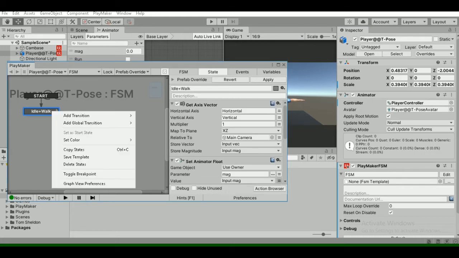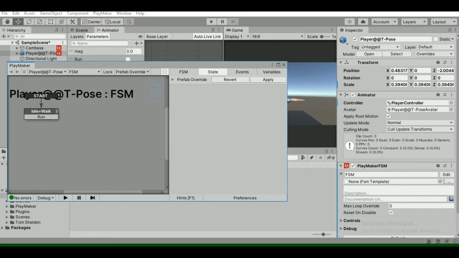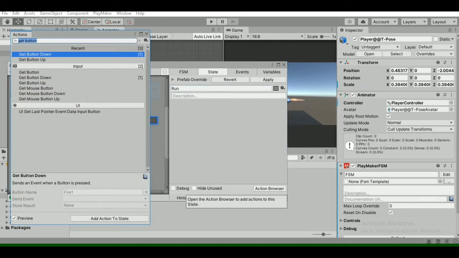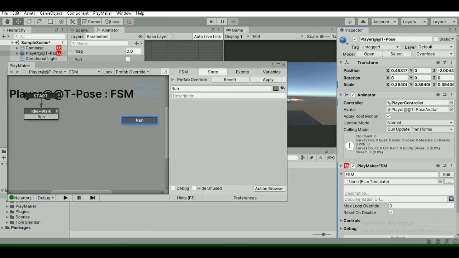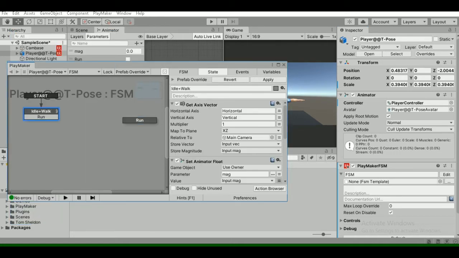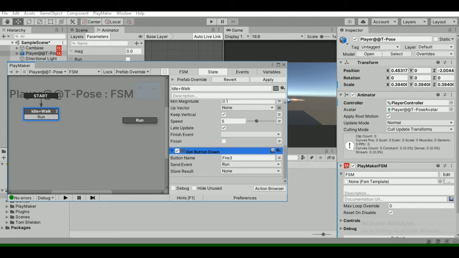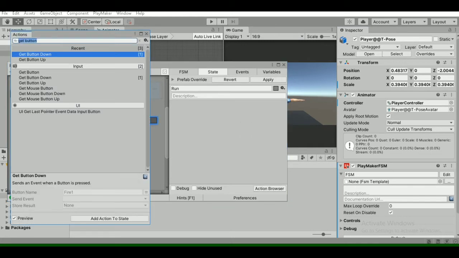and just come here and add a transition here. So now add a new state called run. Add a new action called get button up.